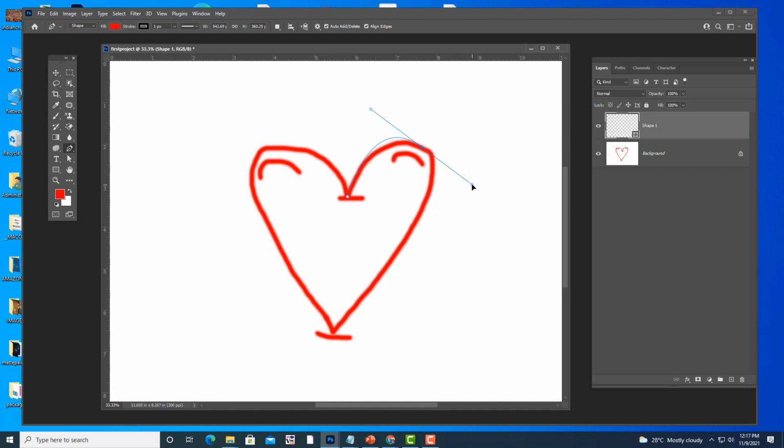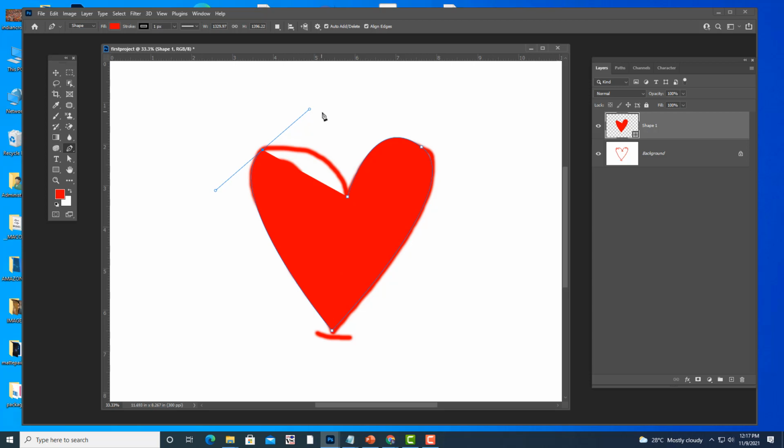You should not wait. Okay, and then again come to this point. This is a sharp corner, so you have to click. Then come here. This is a rounded corner. So what do you have to do? Drag. So how to drag? See, simply drag like this. And when you are dragging, also observe the angle. See, this is wrong angle. This is wrong angle. This is the right angle.